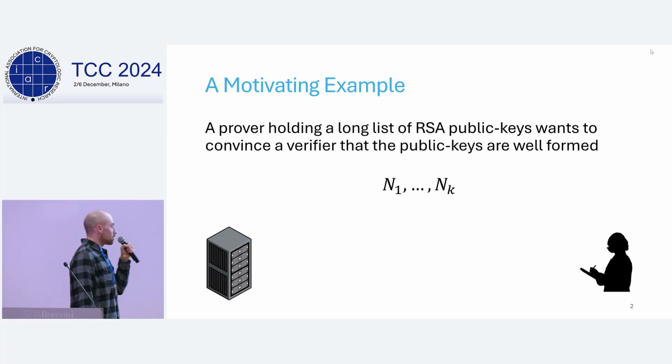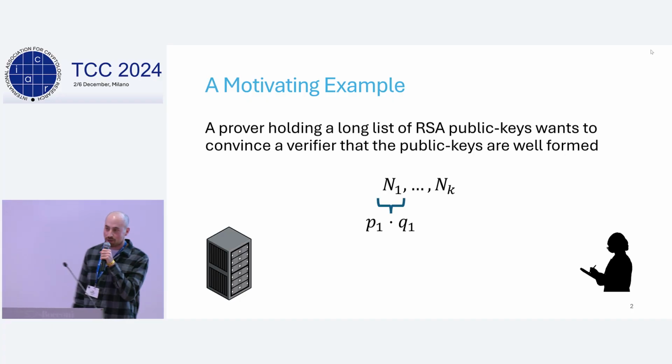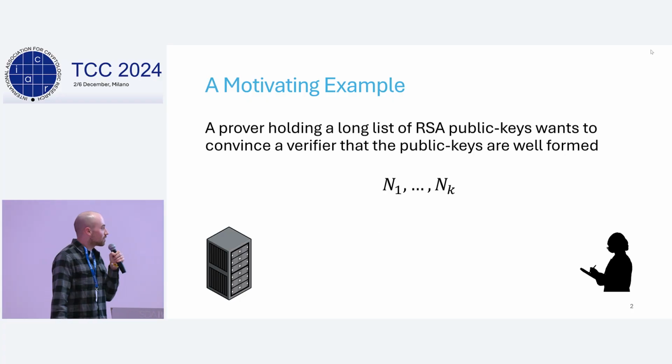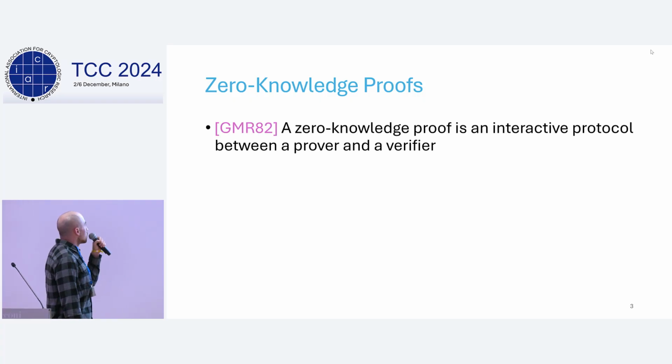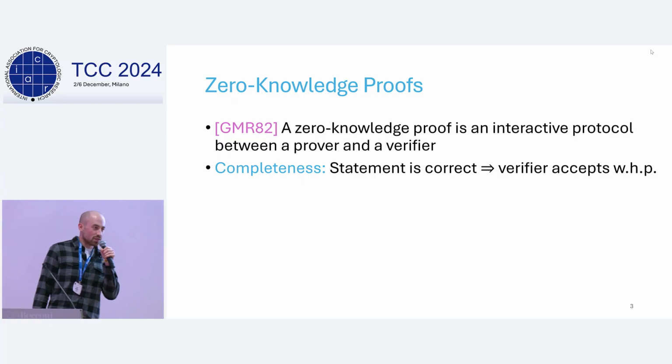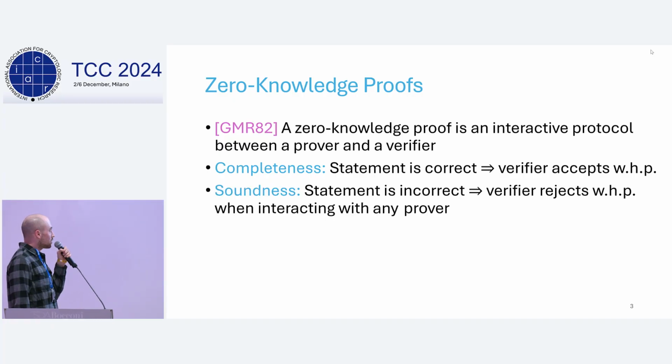So the trivial solution for this problem would be for the prover to just send the factorizations, right? But as cryptographers, we don't like this solution because we'd like these prime factors to remain hidden. So let's try to use some zero knowledge proofs. They were introduced by Goldwasser, Micali, and Rackoff, and we've already heard of them in this conference, so I'll